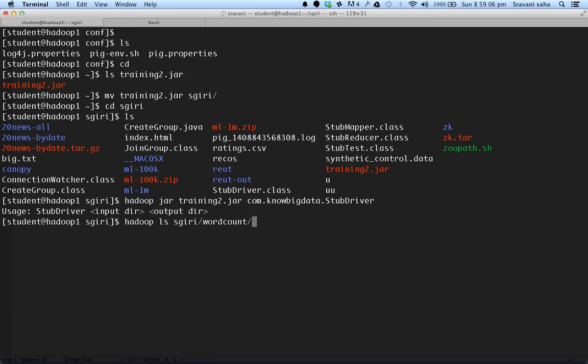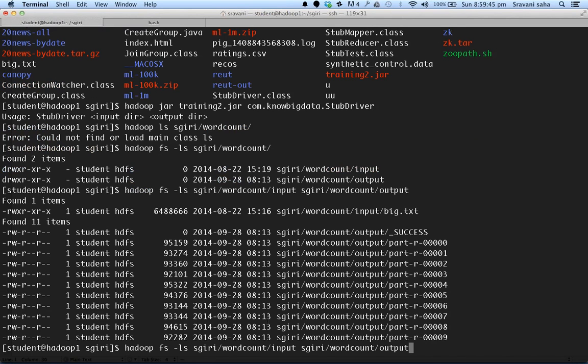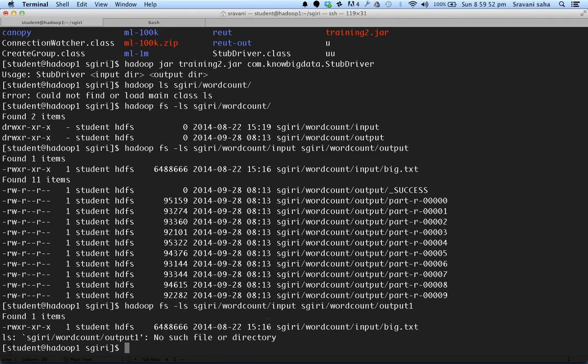This is on HDFS, right? So you have hadoop fs minus ls sgiri. Yes, so there is this folder called sgiri/word count. Under that there is an input directory and an output directory. This output directory is already created from my previous run, so in case you use it, it will give an error. Let me just say input, and then try to put this as output. It will give you an error. Just make a note of that error. I'm emphasizing this folder because a similar question was asked to some people, what happens if you,